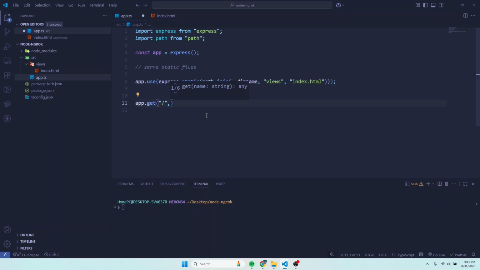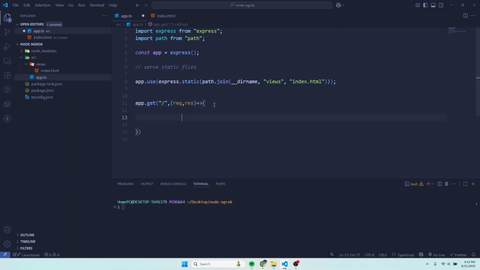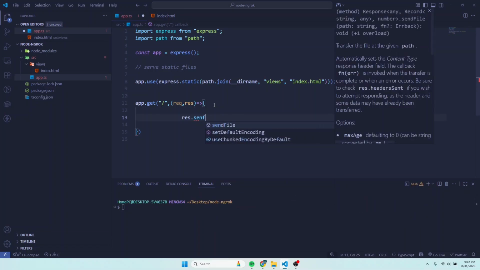Then I'll pass an anonymous function here, which is going to be an arrow function. It takes in a request and a response. And then what I'll do, I'll just send the file content. So response.sendFile,